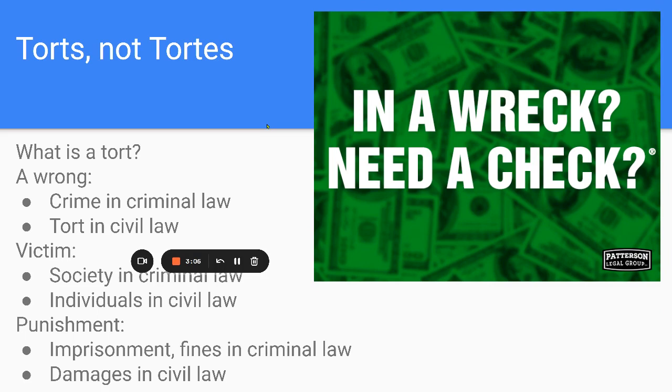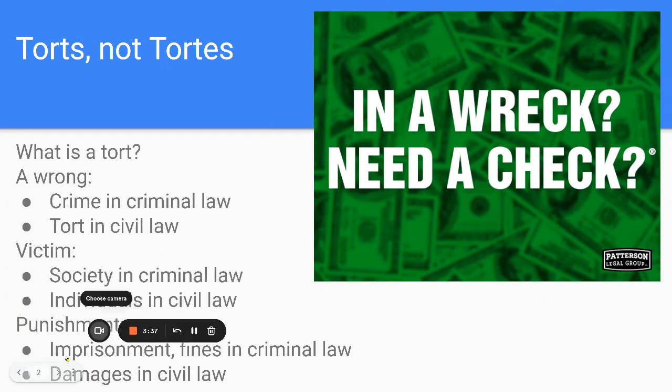So in both, you might end up paying money because you might pay a fine in criminal law. That fine would go to the government. In civil law, that money is going to go to the victims or the family, somebody else who is designated on behalf of the victim. Because obviously, Autumn and Kim, it's unfortunate, but that money is not for you. You're dead. And that's rough. But don't blame me.